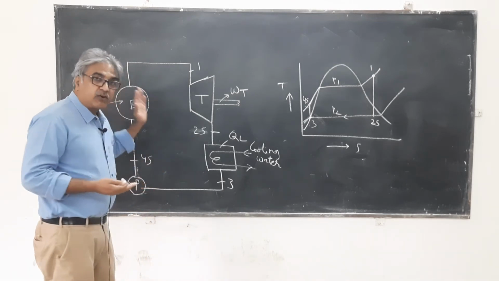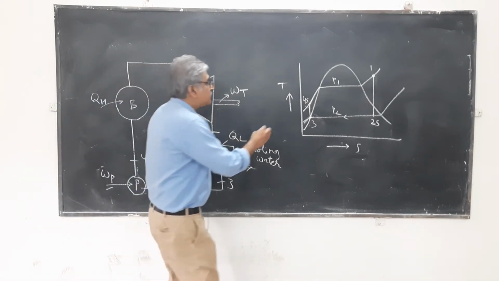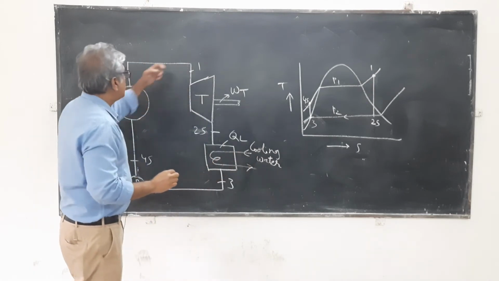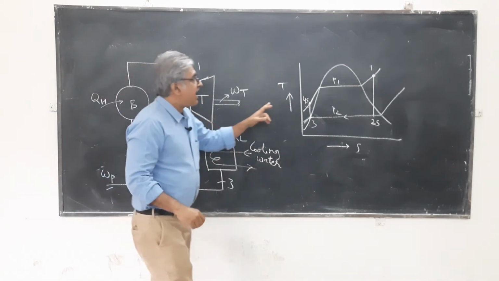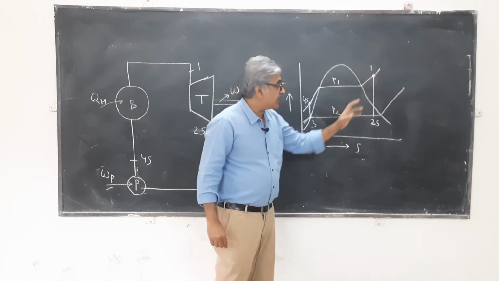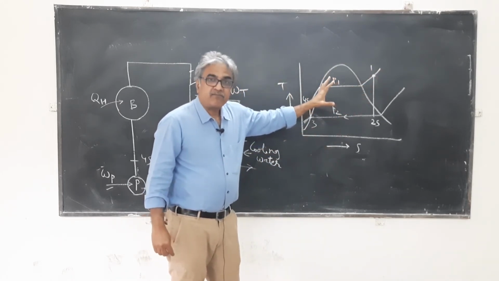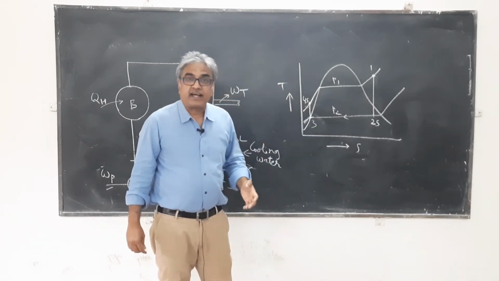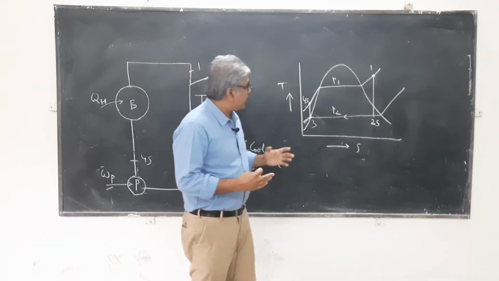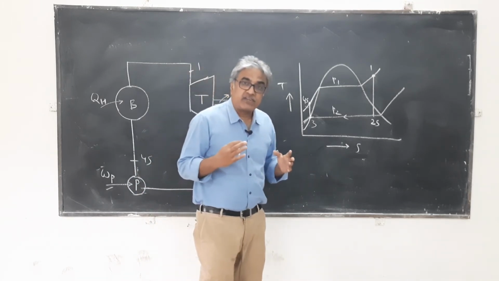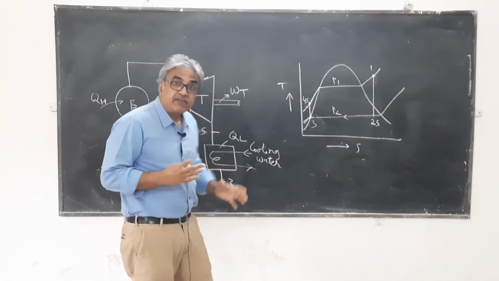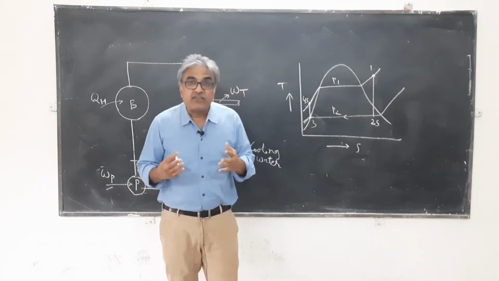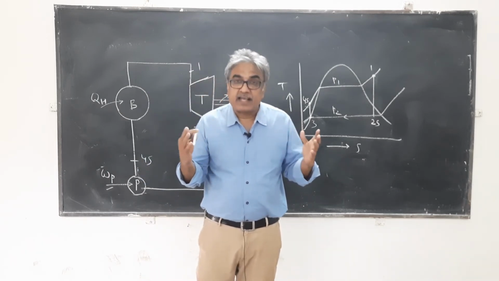So it's reversible constant pressure heat addition in the boiler. From 4S to 1, this is entering the boiler. Here, this is heat addition at constant pressure and reversible. Now, this is the Rankine cycle. If you want to find out the efficiency of the Rankine cycle, then you are going to apply the steady flow energy equation across each equipment, and then you can write down the expression for efficiency of this Rankine cycle.